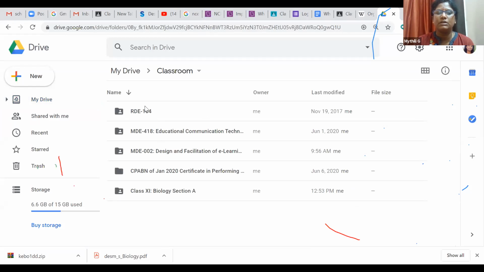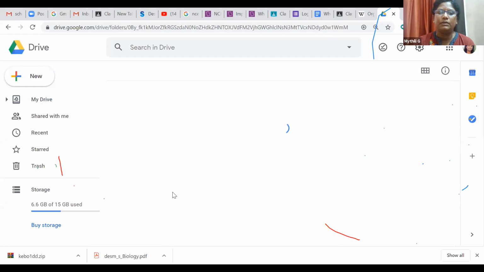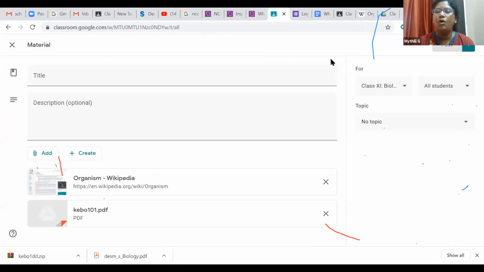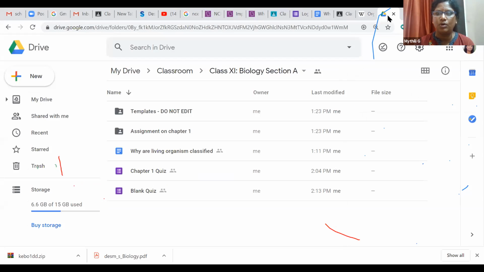Okay, so these are the folders. These are the classes available here. Right now I created this class for you. I can click on it, and all the chapters which I have uploaded here will be available in my Google Drive itself. The assignments, whatever I am creating in my classroom, will all be available in your own mail ID with your own Google Drive, as you know already.